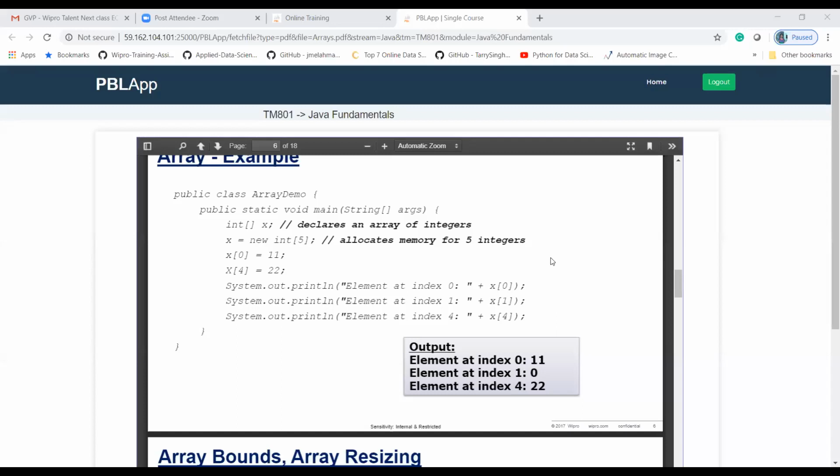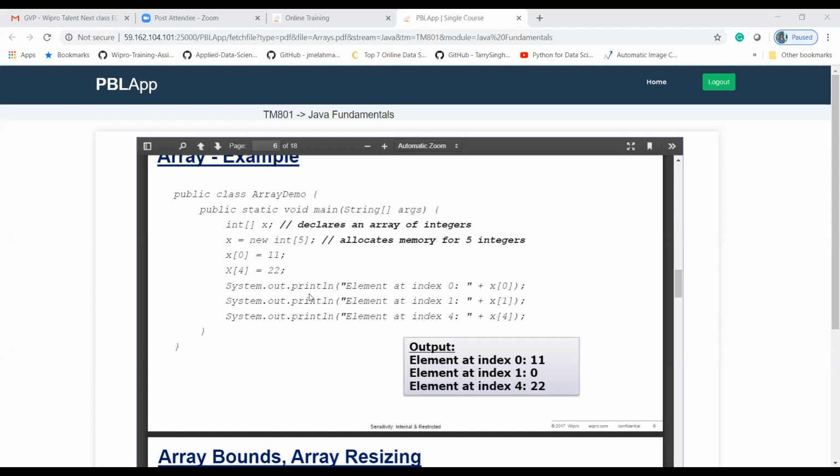In this, x is an array. I am initializing x of 0, meaning the array starts at index 0. x of 0 is equal to 11 and x of 4 is equal to 22. What will be the values at index 1, 2, 3? Since it is an integer data type, it will assign 0 as the default. Here is the output.